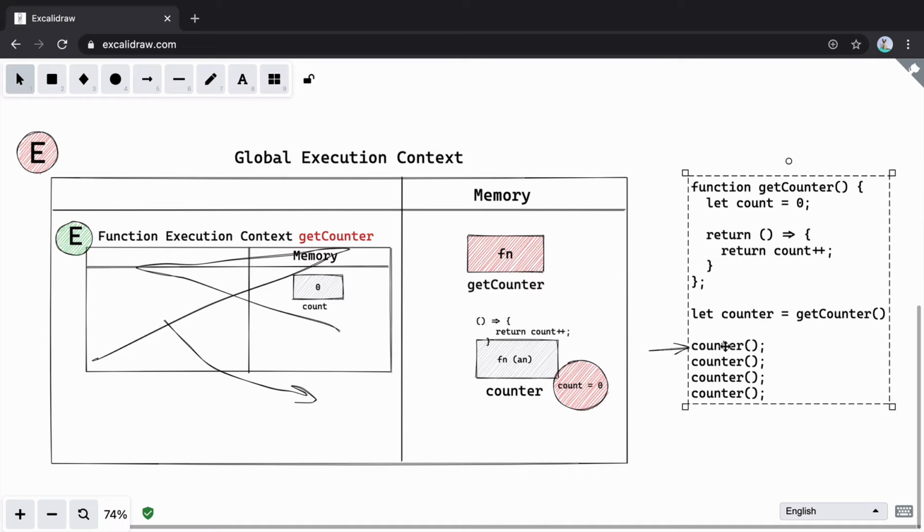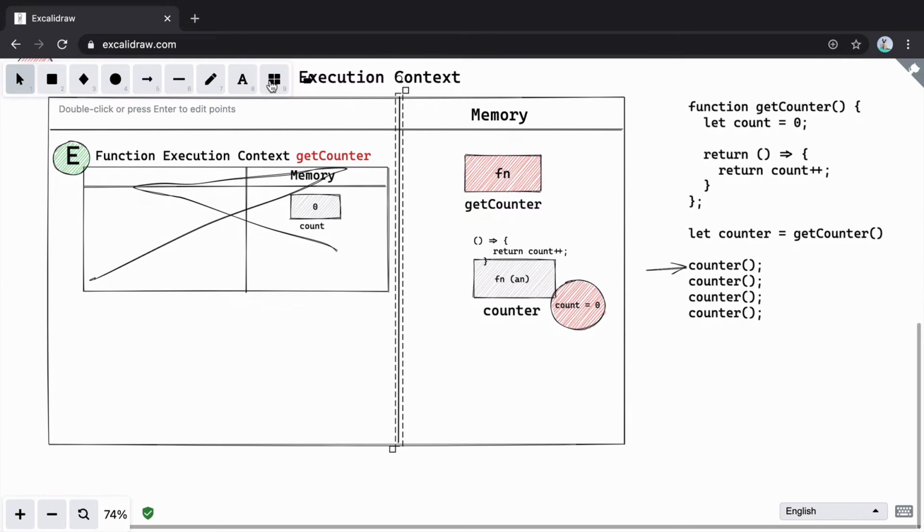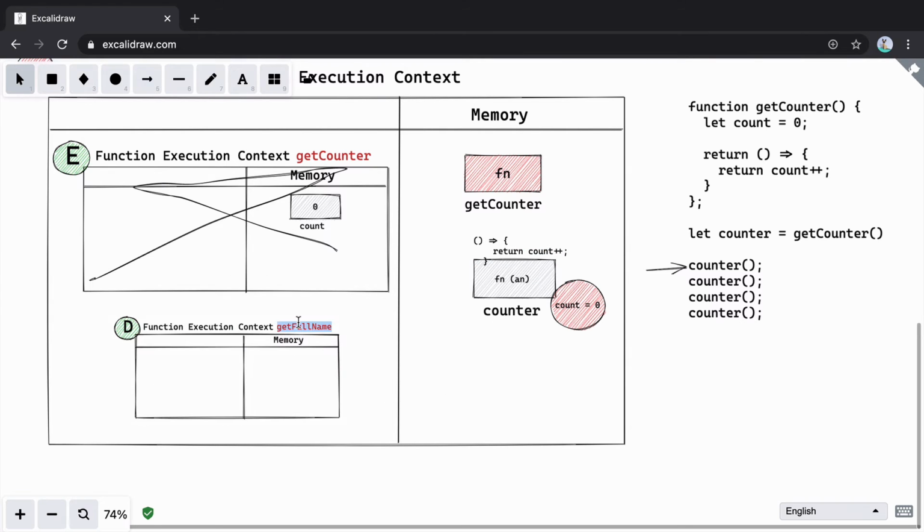Moving to this line, we see an execution context of counter. So let's go ahead and create an execution context for counter. This is the execution context of counter. What is counter? We can see counter is a function with a special closure value of count that is equal to 0. So we are executing this function. Inside this function, there is no declaration, so we'll directly move to execution phase. And here we are saying count plus plus. So we are returning this value. So what is the first thing we'll do?